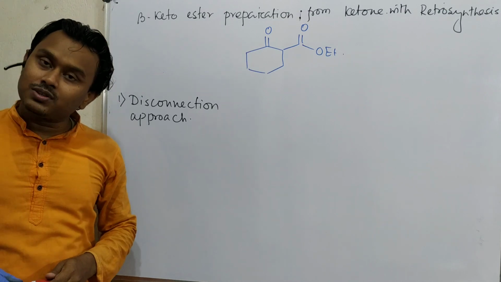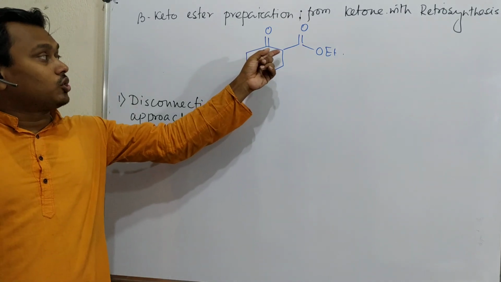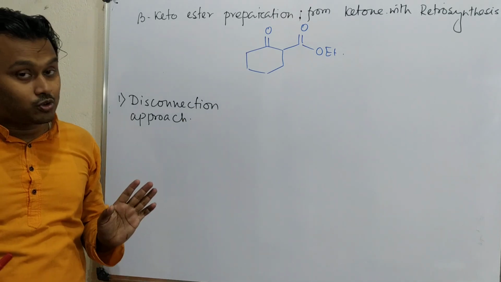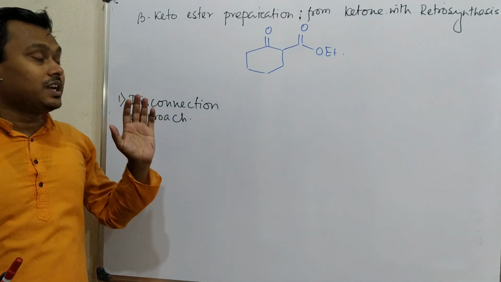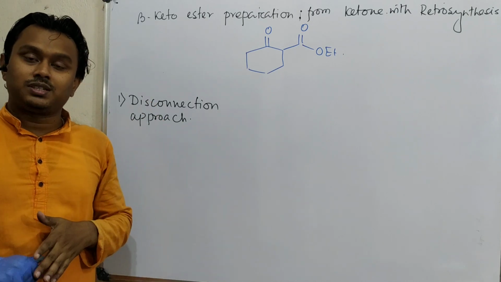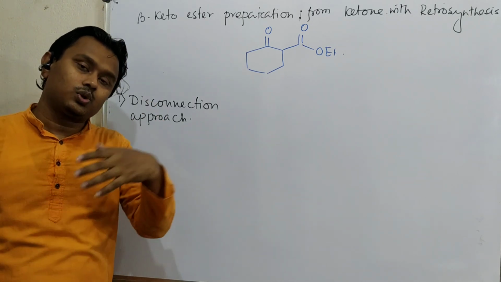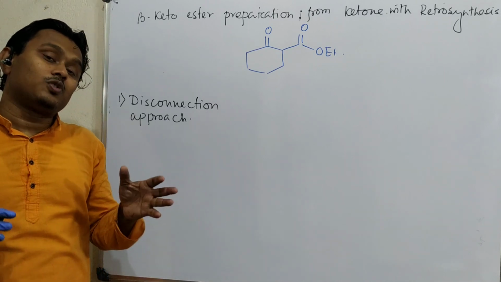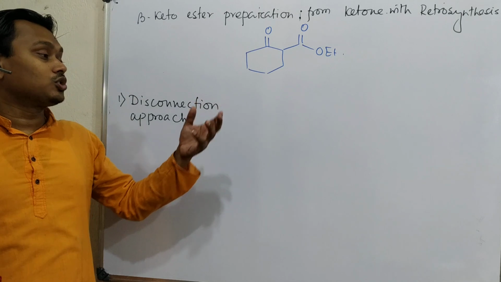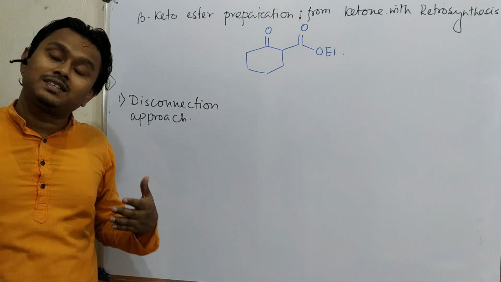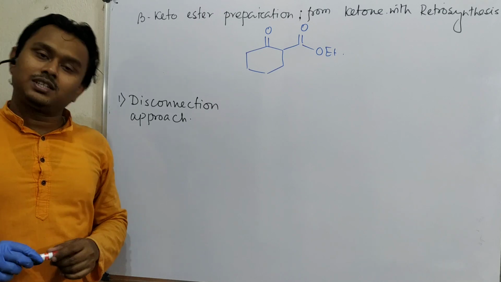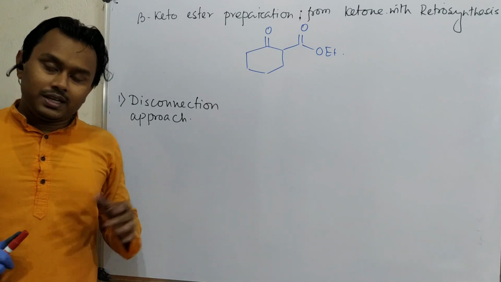Question is, what is the importance of this compound? First of all, this is an active methylene type compound, so nucleophile carbanion could be generated, point number 1. Second, we know that beta ketoester is a very good substance because if you convert this ester into corresponding carboxylic acid, it undergoes facile decarboxylation and produces a ketone, and sometimes if the corresponding intermediate is trapped, it can act as a nucleophile. So a lot of chemistry to be learned in this topic. So let's discuss the topic in details.